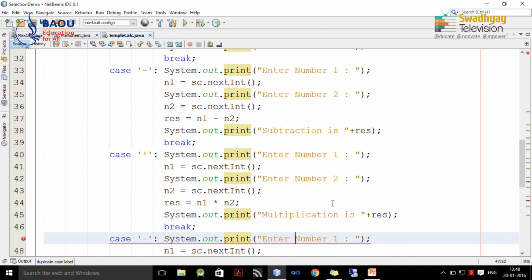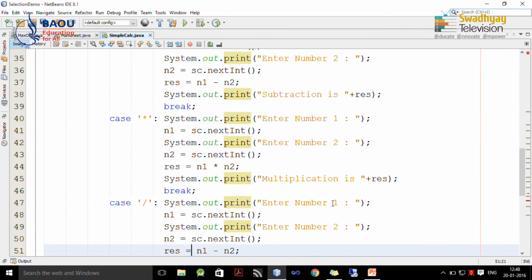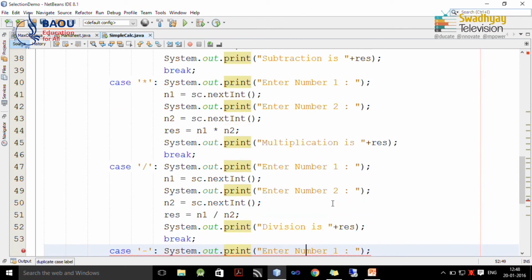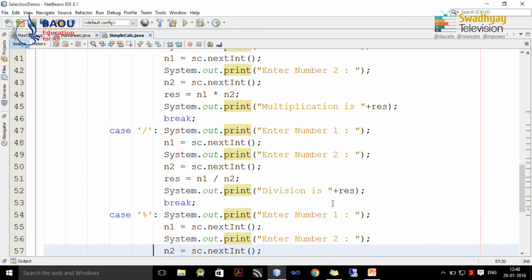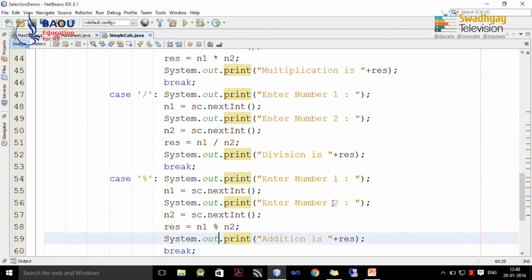and division in case 4. And finally, we write down the case for modulo division, which is the remainder after dividing n1 by n2.